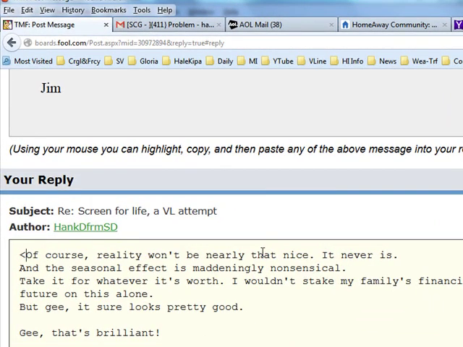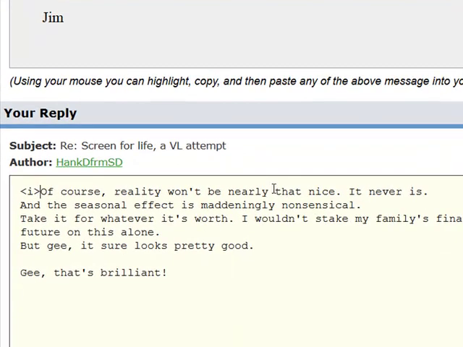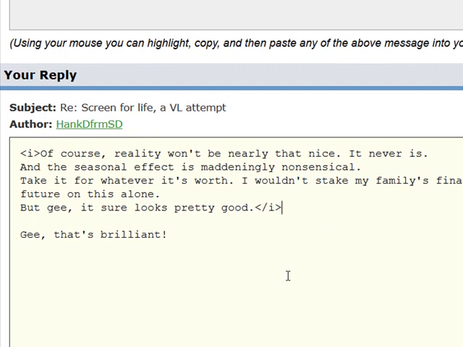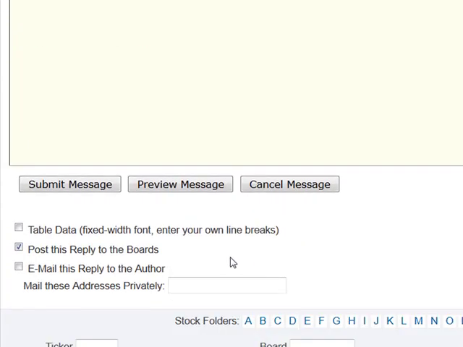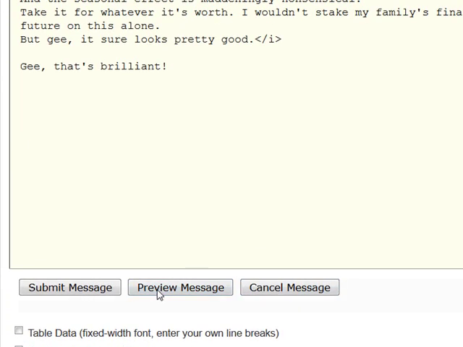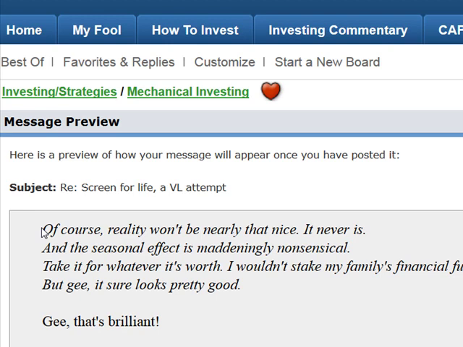If I type this, and then this, those brackets at the beginning of that section, and then I type the bracket, the slash mark, the I again, and then the other bracket there, and then I look at the result of that by previewing the message. Look what happens.